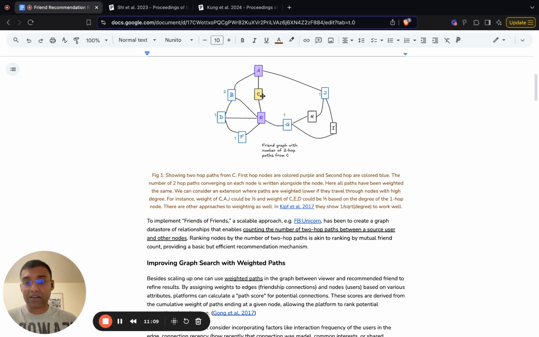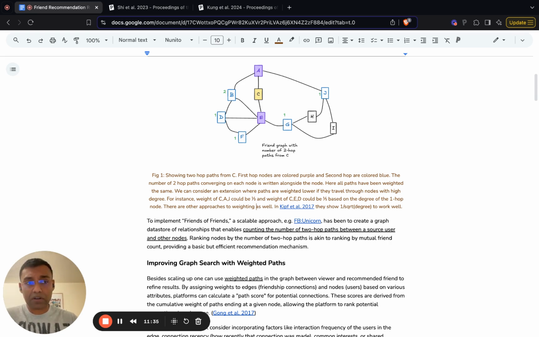So recency of the edge between the viewer and the first hop could help. Maybe there are other attributes, for instance geographical location. That's one of the things that the SNAP paper also talks about. So in general,